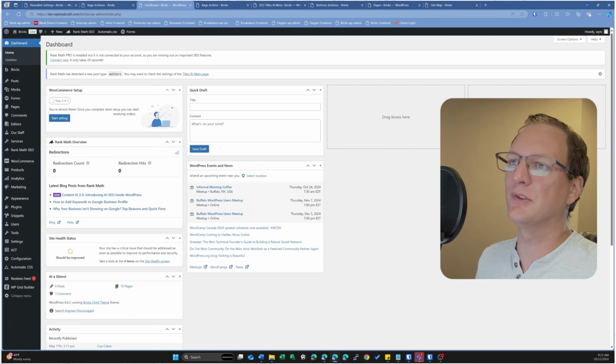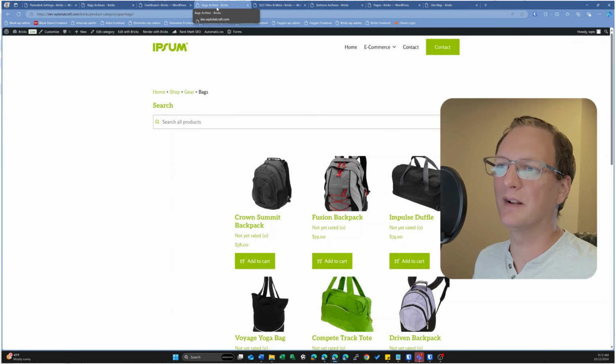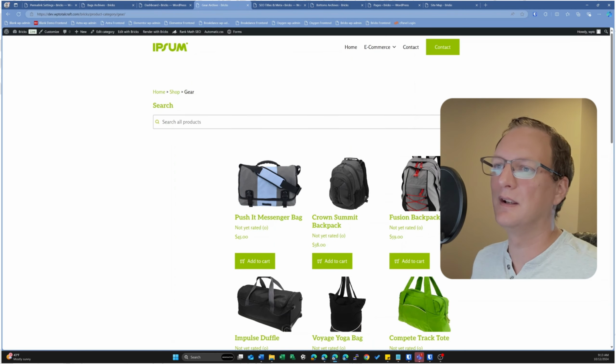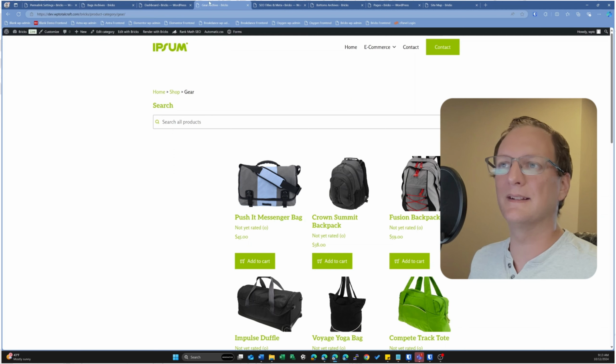Finally, I'm going to show you how to remove the default word archive out of the page title on archive pages. You'll see that this is on every page in your WooCommerce product catalog. It'll have gear archive, bag archive. It's a default WordPress thing that I hate. It's referring to the default terminology for this product archive and is adding it to the title. Every WordPress plugin does this. It's not RankMath specific. It is WordPress